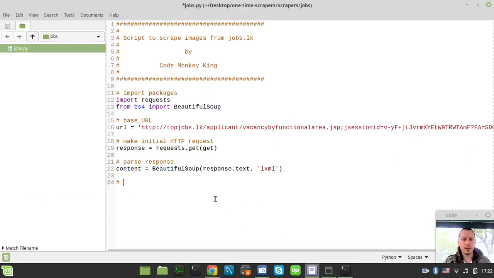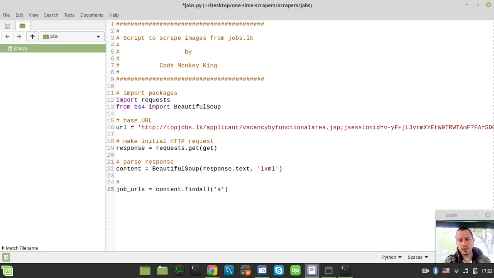So let's copy the link address here. So let's call this variable job URLs, and content dot find all, and we're looking for a tag, right? We don't specify anything. So now let's try to use the list comprehension in order to filter this slightly a bit. So I would like to say, so URL page reference for URL in this list if,